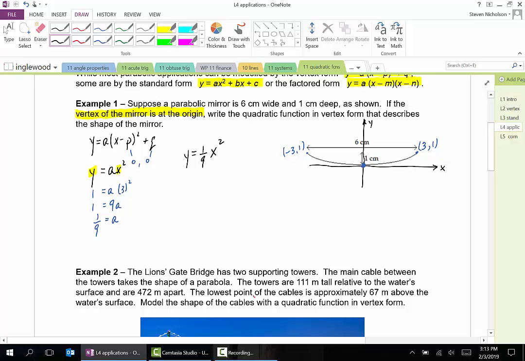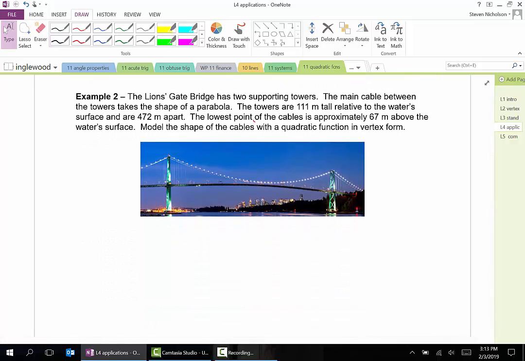So again, key ideas: superimpose a grid onto the story, choose the form that you think is going to be easiest to solve, and then go ahead and practice the techniques we've been learning. Okay, landscape bridge example. Again, in this picture right here,